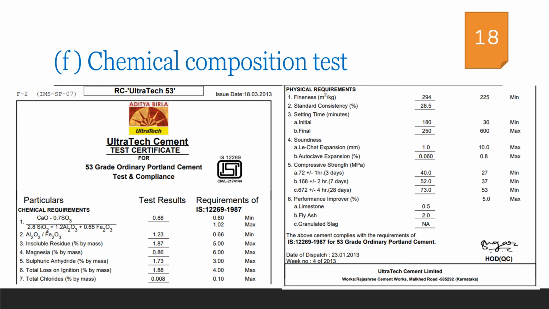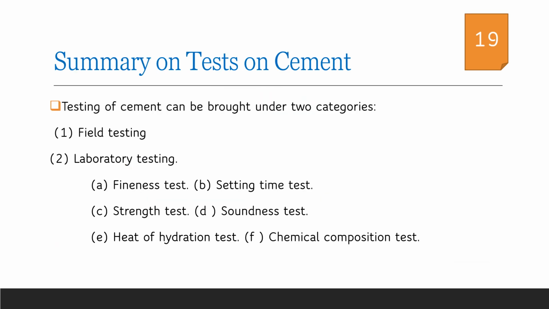added to the cement. Let us now just summarize what we have discussed in this lecture. We have discussed both field testing methods and laboratory testing methods of cement. 5 different methods for field testing as well as 6 different methods for laboratory testing have been discussed. The tests based on IS code specifications are to be conducted in order to ensure the quality of cement used in concreting. That's all for today.